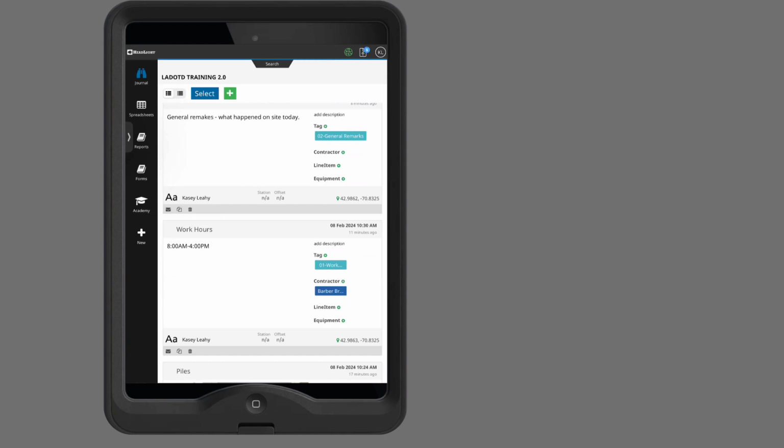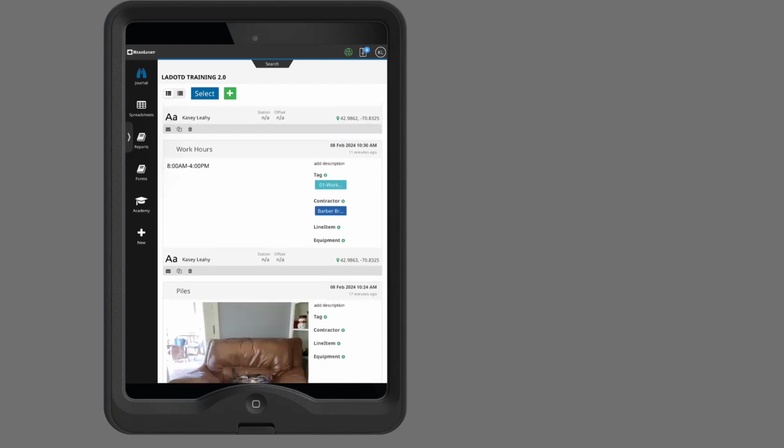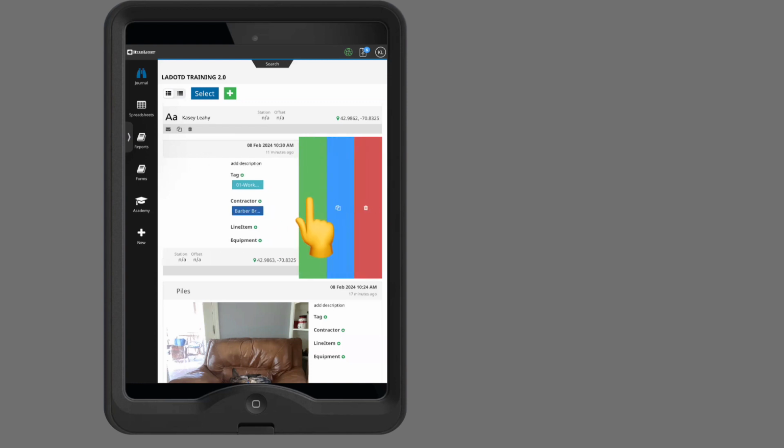Since you're responsible for creating these every single day, you can do what we call cloning here. So you're able to clone information forward from one day to another. So let's say I know my work hours for today. If we're looking on my screen at this work hours tab, let's say I know that the work hours are going to be the exact same tomorrow. Instead of having to create this observation again tomorrow, give it a title, type in the hours, and tag it, if I swipe left on that